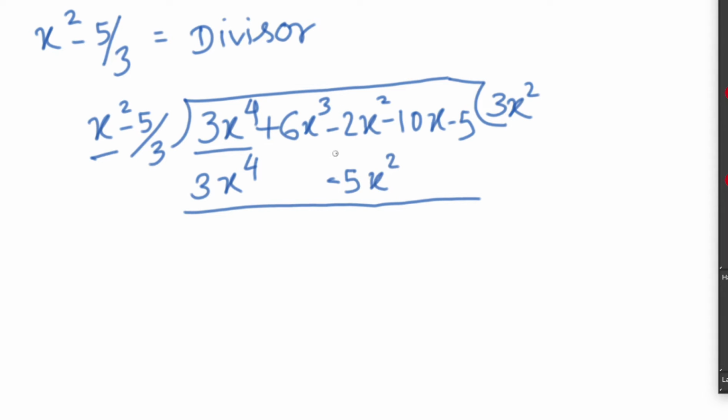Why do we have to write it below minus 2x square? Because it contains terms with the same variable power, x square. We can't write this 5x square below 6x cube because both will become unlike. When the terms are like, only then can you calculate. So 2x square and 5x square become like terms.